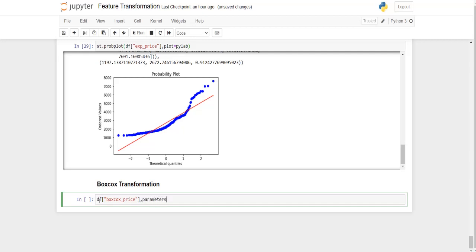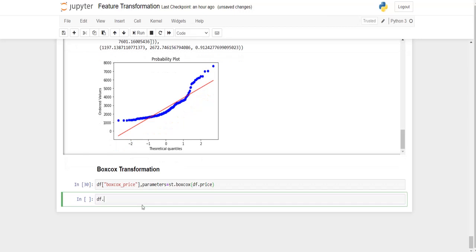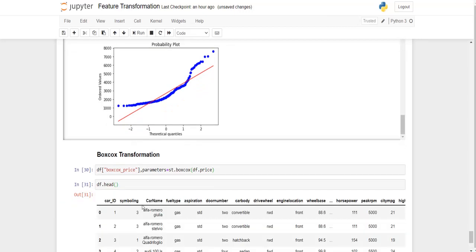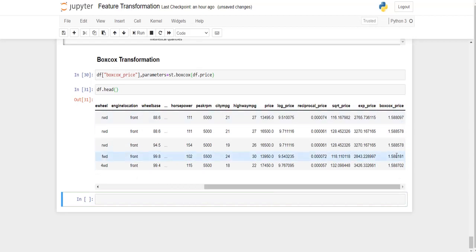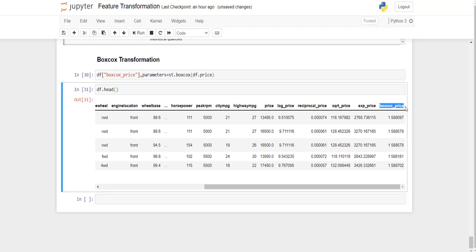So this will be equal to, again this Box-Cox is present in the stats library, so st.boxcox of df.price. Let me print the head of the data frame. So you can find the values of the feature using Box-Cox transformation in this feature named Box-Cox_price.